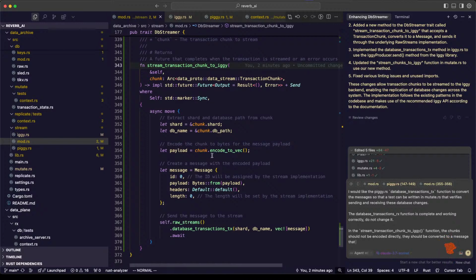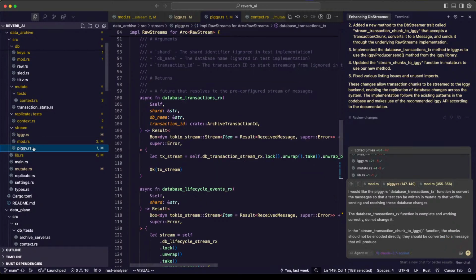Let's see. This chunk here and the message receiving on the other side is out of sync. So how do we tell it that? Should we convert it to a message that will produce